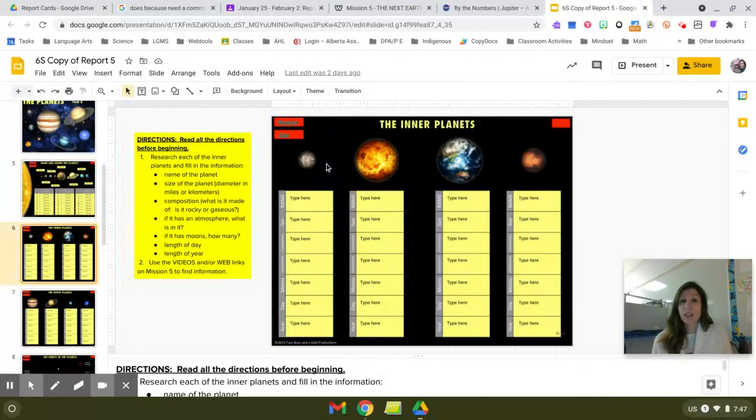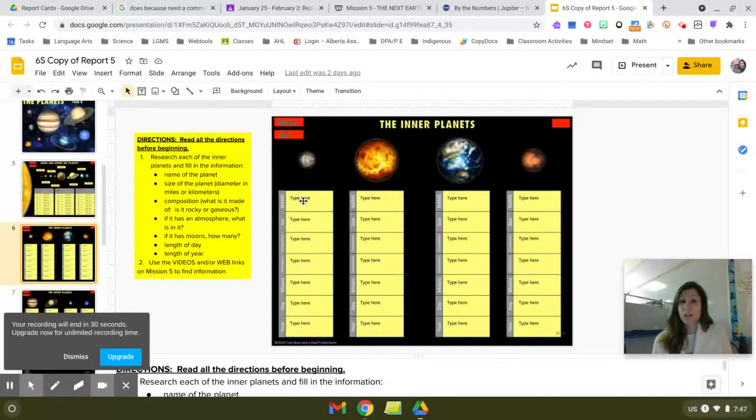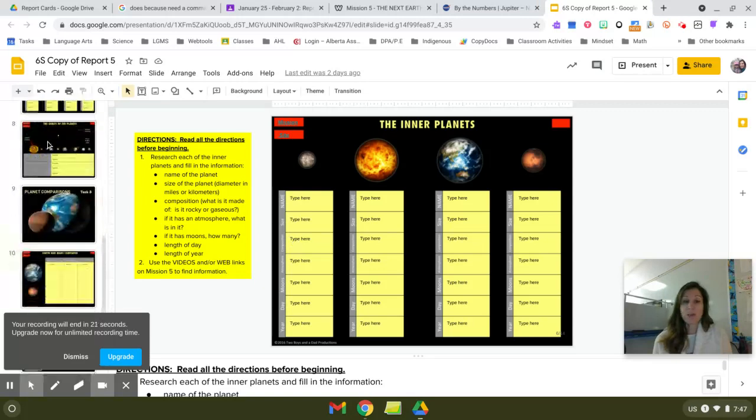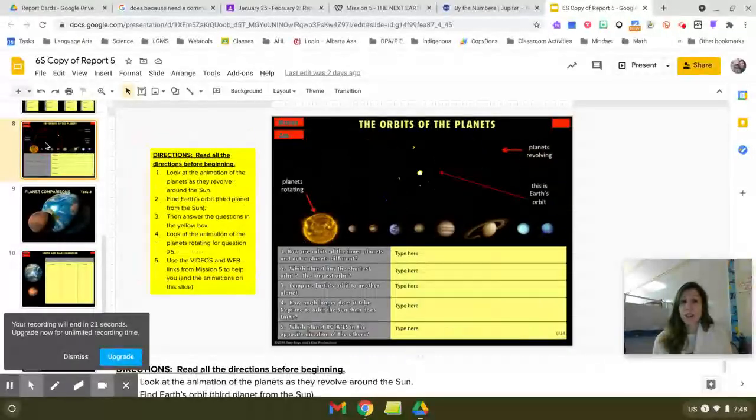So here's Mercury. Mercury, you would type here the name, size. It tells you right in here in the gray what you're trying to put in this box. Those websites have everything for you. You're going to do outer and inner planets. And then I want you to explore the orbits of the planets. So here's its orbit going around the sun, all these planets in this animation. The NASA site also tells you, and here's their rotations. Okay, so answer these questions. The NASA site will help you as well, and so will this animation right here on this slide. Any questions? Email Miss